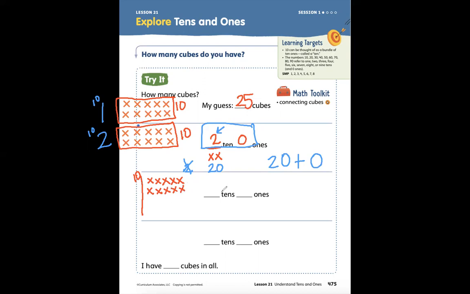So here I have one group of 10 and I have 10 ones. One group of 10 and 10 ones. These 10 ones still have the same value as that 10. So the total number of cubes that I have is still 20. Okay,